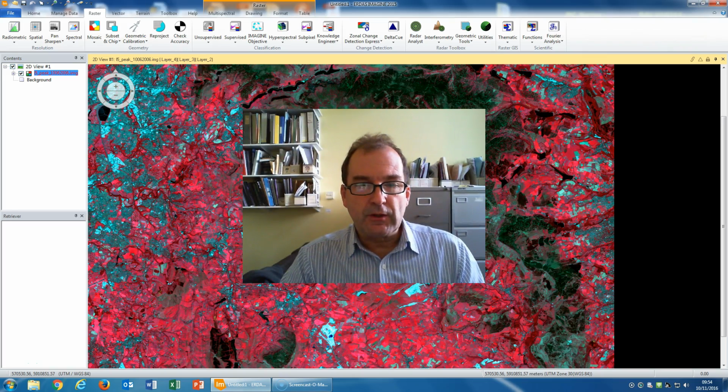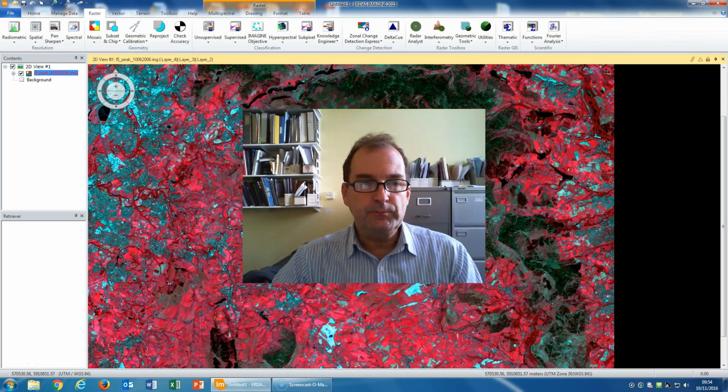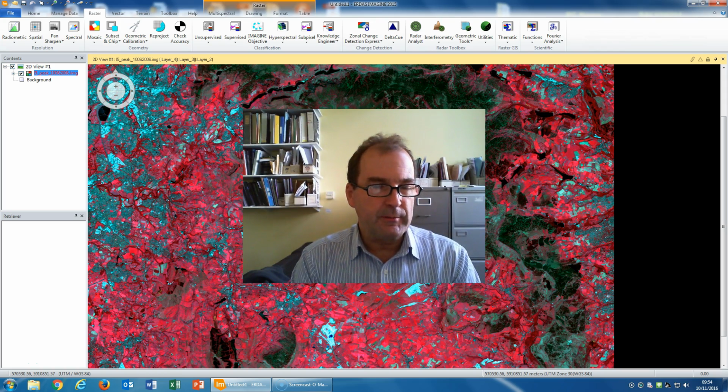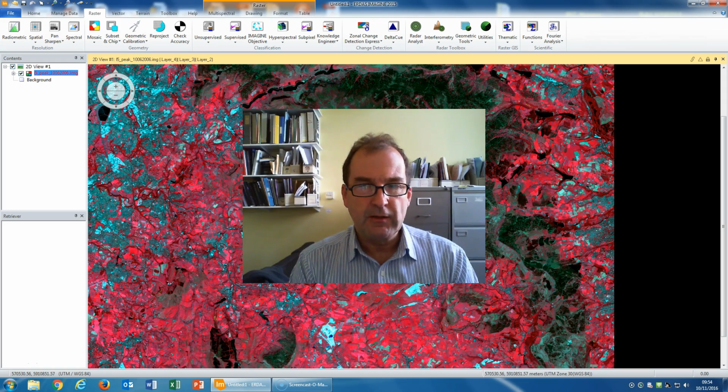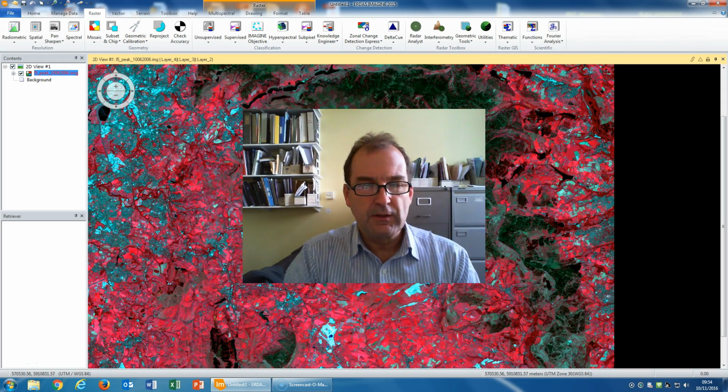So this is a short video to show you how to carry out a supervised land cover classification using Erdas Imagine. As the base image, I've got a Landsat 5 multispectral image shown here as a false colour composite, with